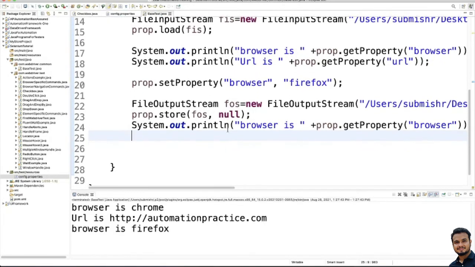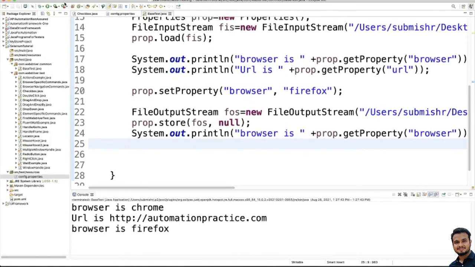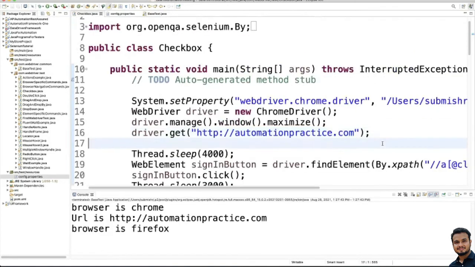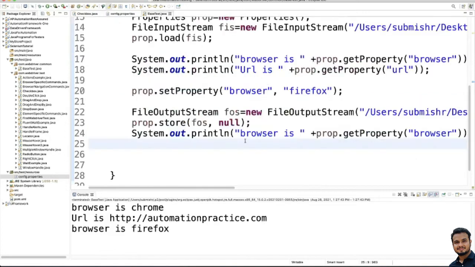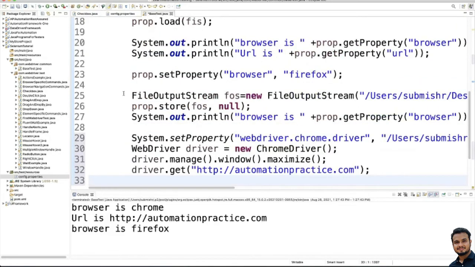Now the next thing I want to tell you is how you are going to replace this. So I will just copy this part and show you here. Before that, let me comment out this set property thing, or let it be there, it should not be a problem.